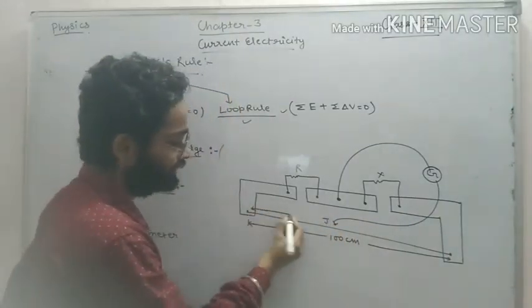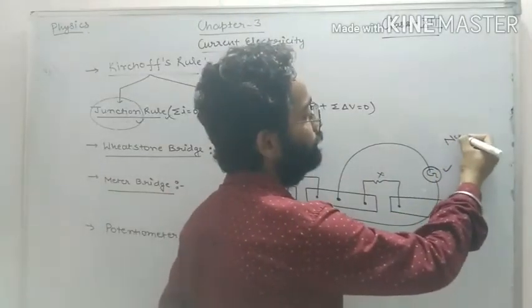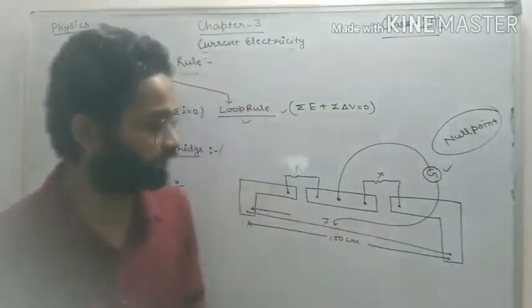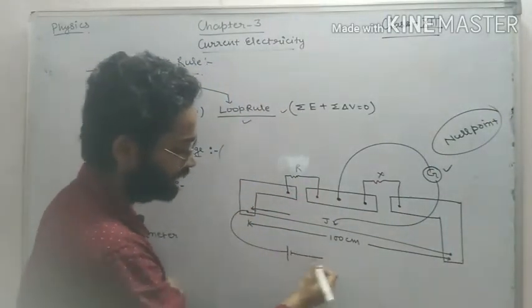Remember this always: where the jockey shows, where the galvanometer shows the null point. What do you mean by null point? Let me discuss with you what is null point. Null point is what? Whenever you are connecting this circuit, like the battery's positive and negative ends